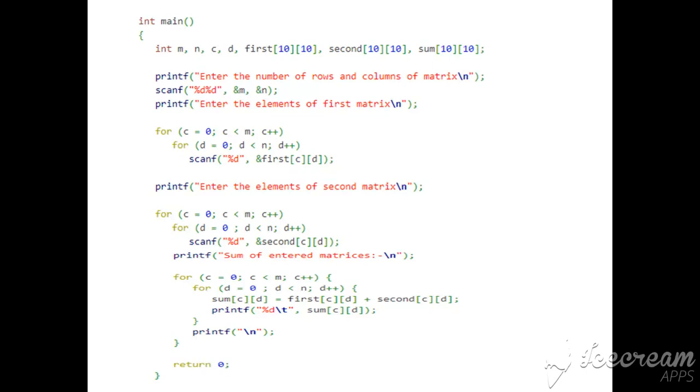So here onwards c is 1. Again it starts filling the elements of the second row one by one. C is 1, d is 0, means it would have become sum of 1, 0. That means the second row, the first column, and the same procedure is repeated. So you have this flower brace, the first flower brace which is closed for the innermost for loop, then the other flower brace which is closed for the outermost for loop, and the last one being closed for the main function. And you are returning 0 because